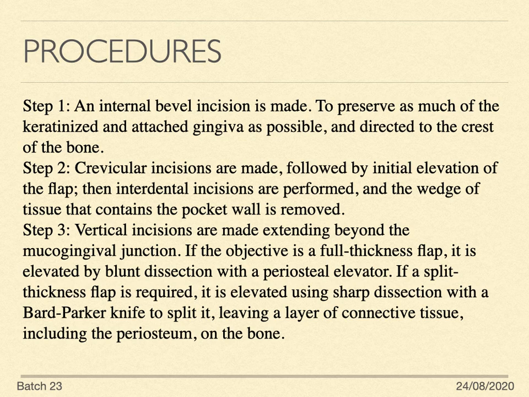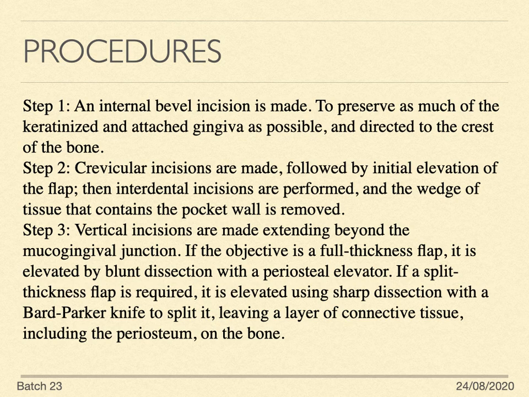Then initiate or elevate the flap. The interdental incisions are performed and the wedge of the tissue containing the pocket wall will be removed. The vertical incisions are made extending beyond the mucogingival junction. If your objective is to do a pocket elimination procedure, do a full thickness flap and a blunt dissection with